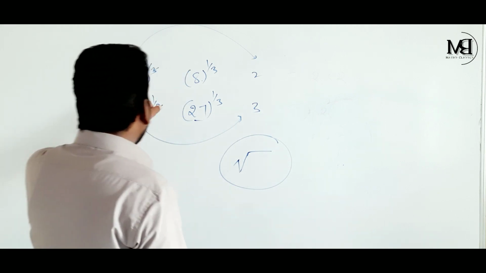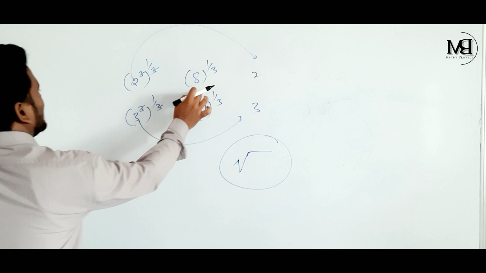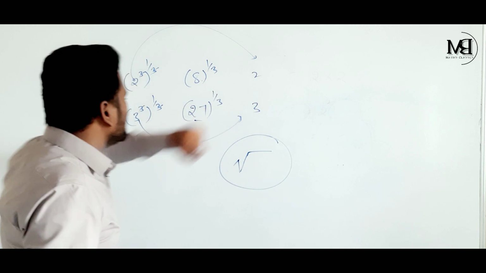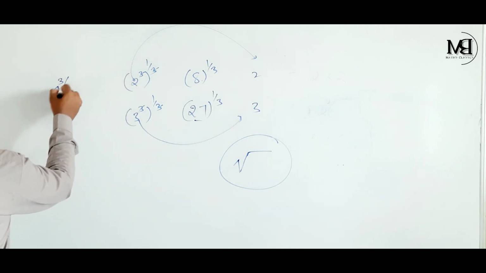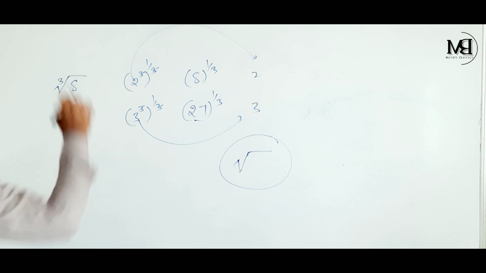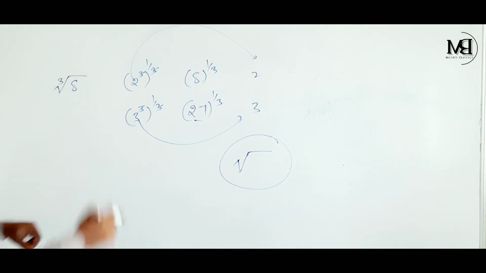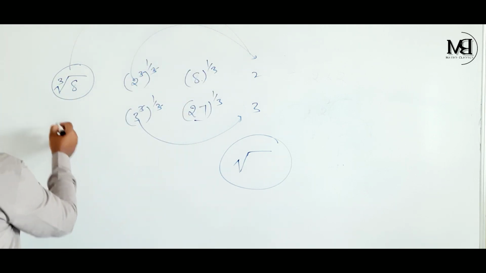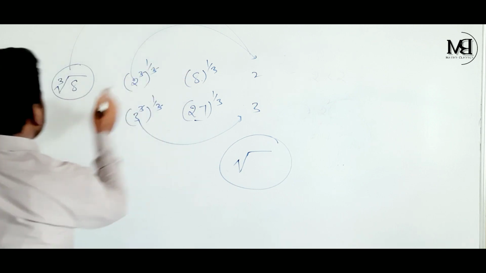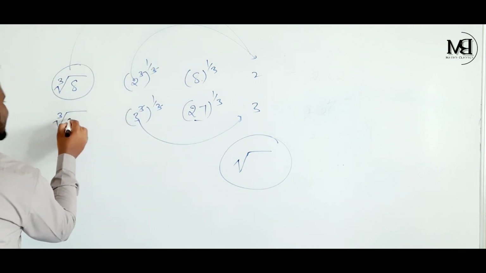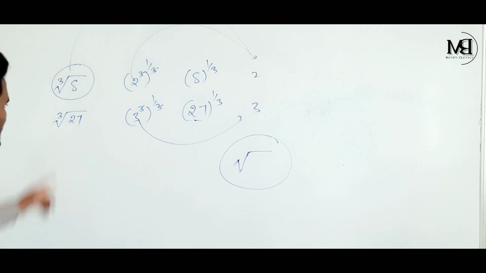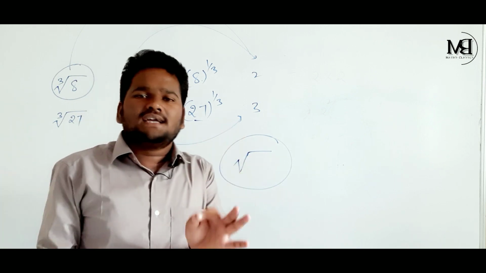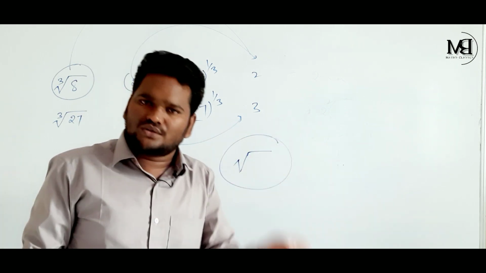See, my dear children, when you are going to find the cube root here, you must keep the 3 in the basket. Got my point? Now this is cube root of 8 and cube root of 8 is 2 here. Okay, and when you are going to find the cube root of 27, you are going to keep 3 in the basket of root, my dear children. Root is common for all, and the thing is whether it is square root, cube root, fourth root, fifth root.